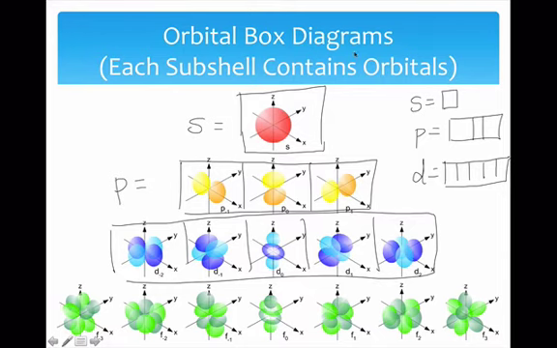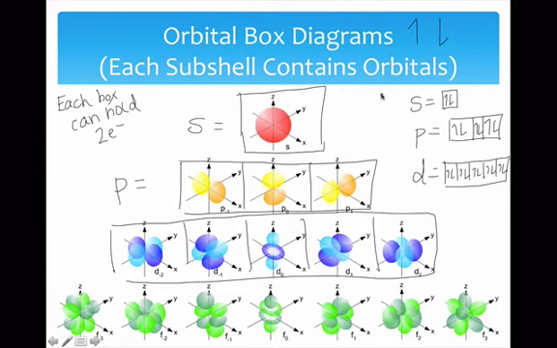These are important. Each box can hold 2 electrons. So if I were to draw electrons, we use arrows. That's an electron spinning up, that's an electron spinning down. So if I were to fill this up, my 2 electrons would look like this. If I were to fill this up, it could have 6 electrons because it has 3 boxes. This can have 10 electrons, and you should be saying to yourself, oh yeah, that's what we just said on